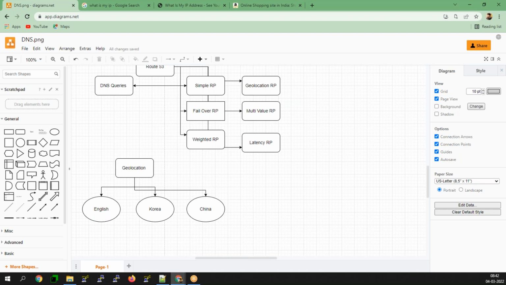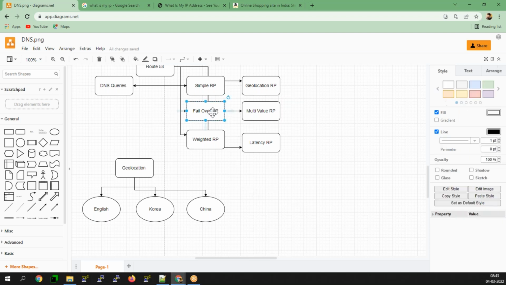It will check your location based upon your source IP, and it will route to the specific website. That's how it's going to happen.